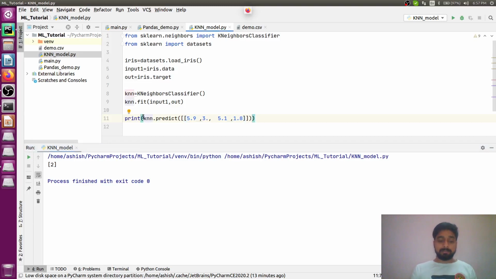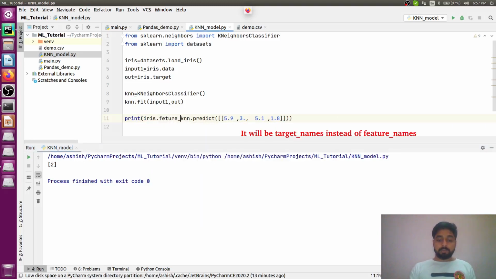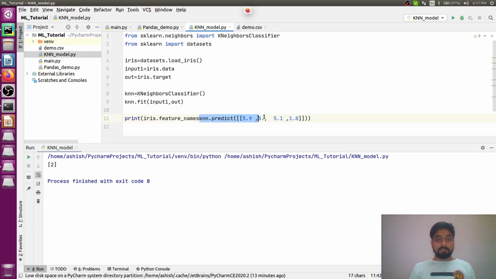So for that, let's say I have to type iris.feature_names. So feature_names is like, let's say, a dictionary to you, or let's say this is like a list to you. So inside this list I will be calling my value that I will be getting from here.